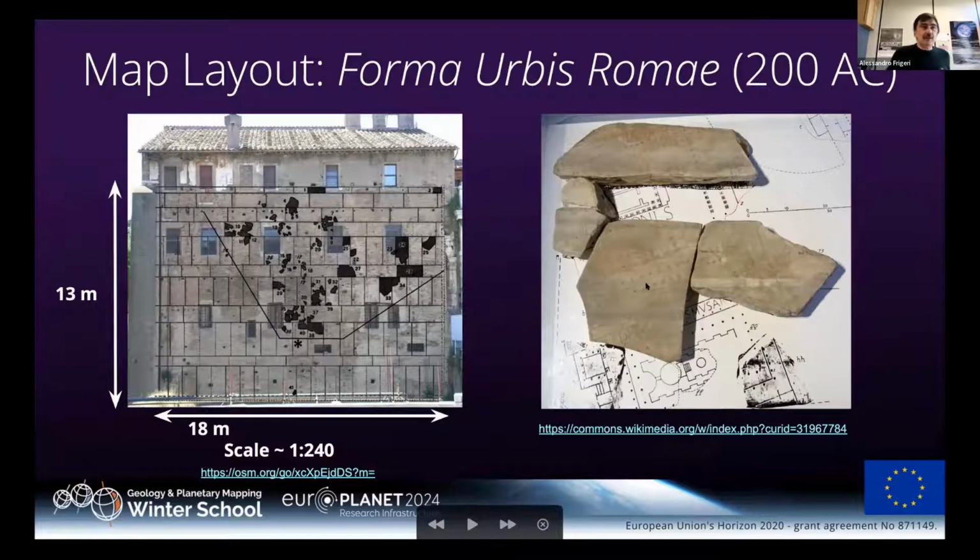But this means that they had to represent all the town of Rome at a scale of 1:240, which means that now if you walk into the Forum of Rome, you can see the place where they exposed this map, which is 18 meters by 30, which is huge. I like to imagine it like Google Maps for the Romans. Imagine them going to the Forum and saying, okay, that's the house of my uncle, that is where I go to the gym, and that is where I go